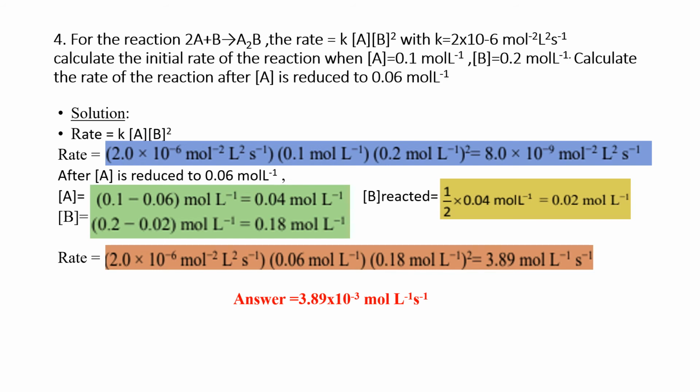Keep it as it is. How much B will react? From how much A is there, B will react. Here A is 2 means B will be 1 only, so only half of B will react. So what is half of this? Half of A is this much only, so half of A is the B that will react. So this much concentration only will react. Initially the concentration of B is 0.2, so we need to subtract this, then you will get the B concentration. Now you will substitute in the rate expression. So K is the same thing.